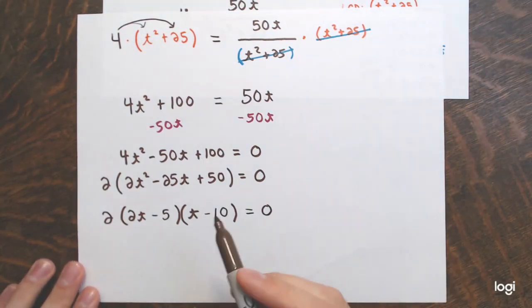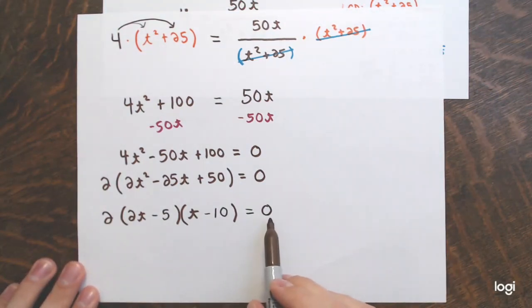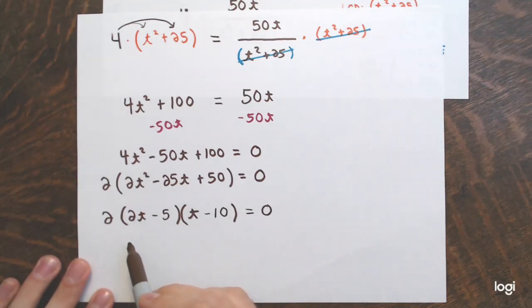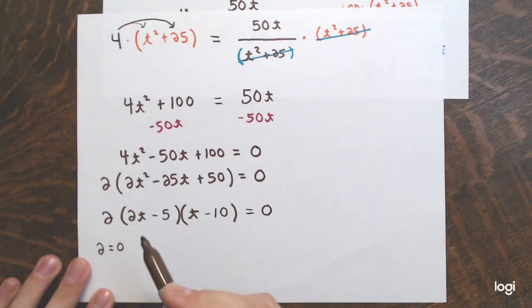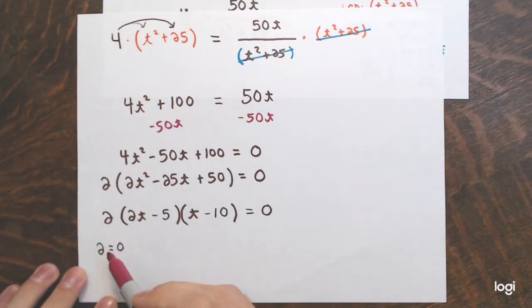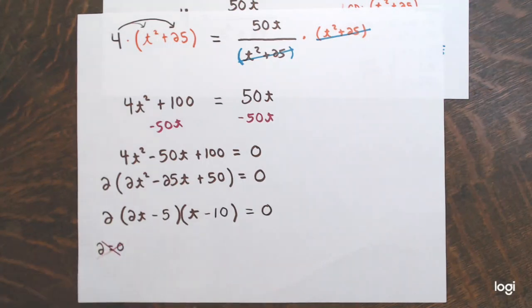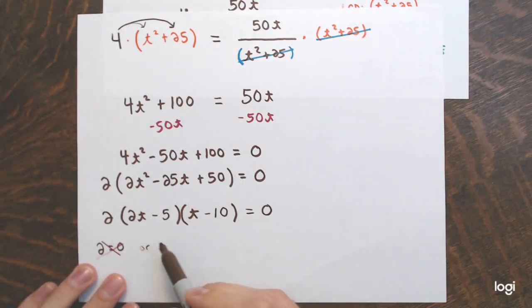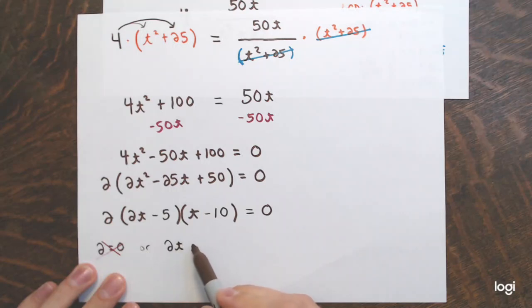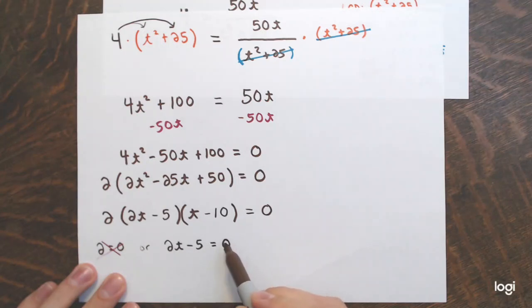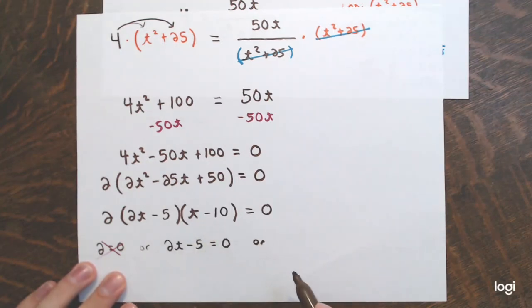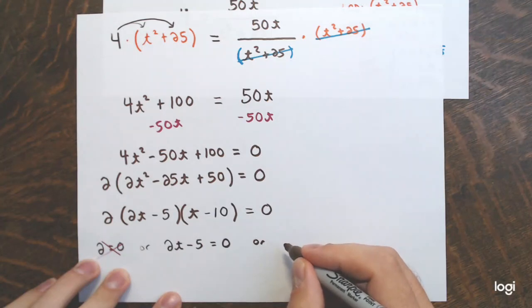And then the only way that a product is equal to 0 is when one of the factors is 0. So either 2 equals 0, but that's not true, right? That'll never happen. So I don't have to worry about that factor giving us that information. It's really only the factors of variables that could possibly be 0. Or 2t minus 5